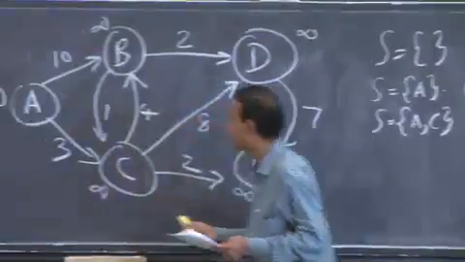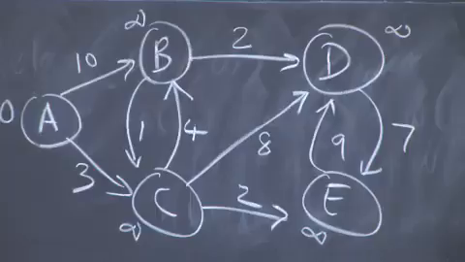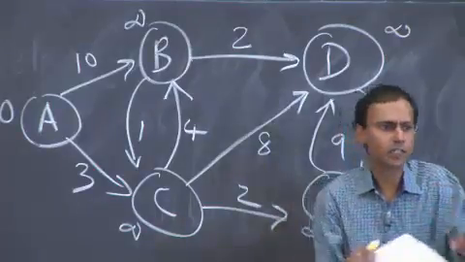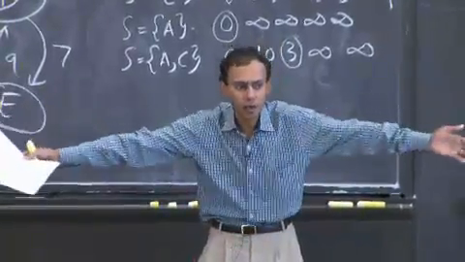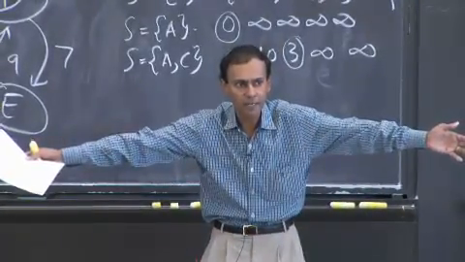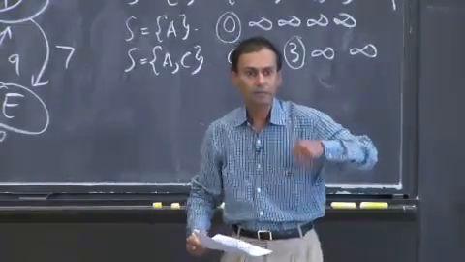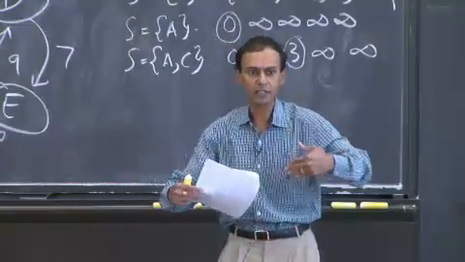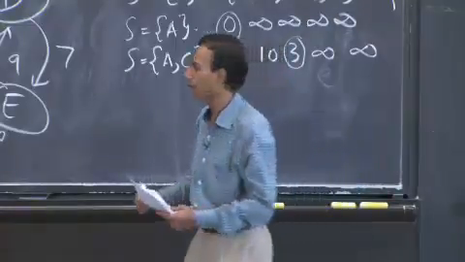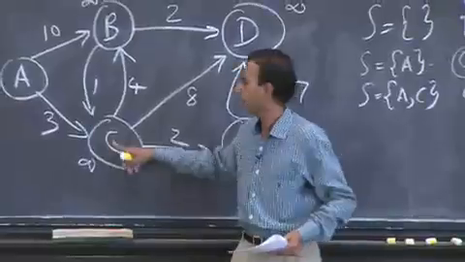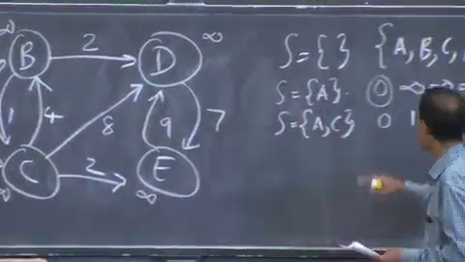And so you're essentially doing kind of a breadth-first search, but you're being greedy. It's sort of a mixed breadth-first, depth-first search. You do a breadth-first search when you're given a particular vertex, and you look at all of the vertices that you can reach from that vertex. And then you say, I'm a greedy algorithm. I'm going to pick the vertex in this frontier that I've just created that is the shortest distance away from me, that has the lowest priority value. And in this case, it would be C, because this other one is 10, and this is shorter. Right? So that's why we pick C over here.